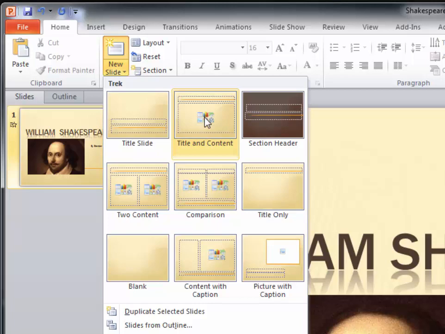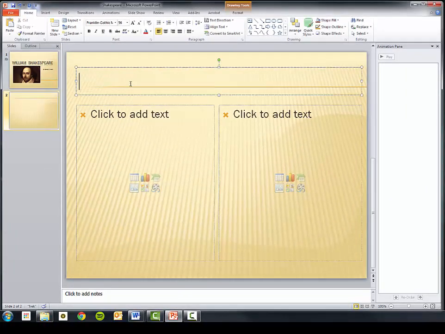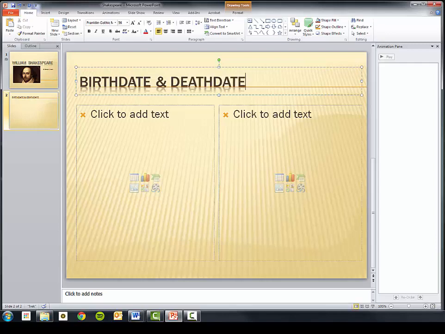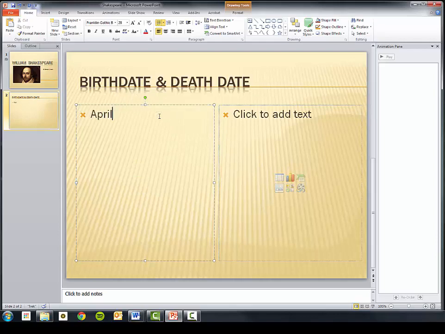I can do a title and content, I can do the two content, I could do a bunch of different things. But I think that the two content will work really well for this slide because I want to put the birth date and death date of William Shakespeare. So now I want to put in his birth date and the death date. You know how to add text, so all I have to do is put April 23rd, that's his birth date,